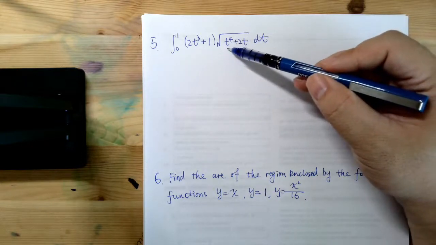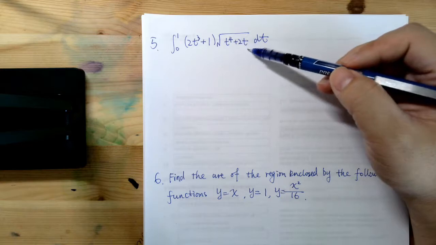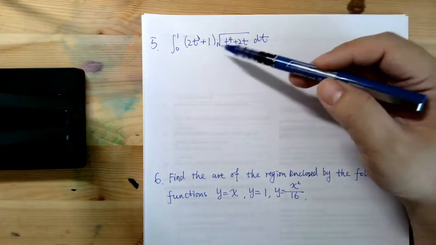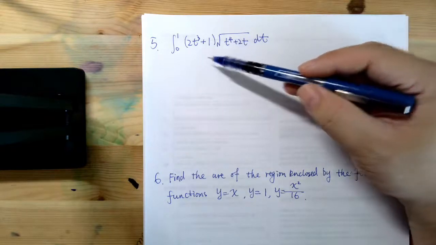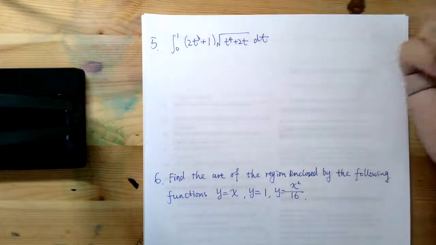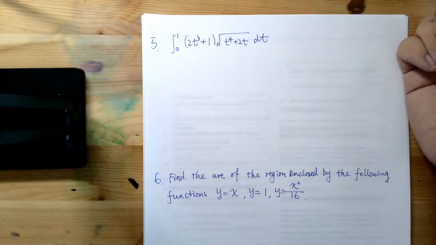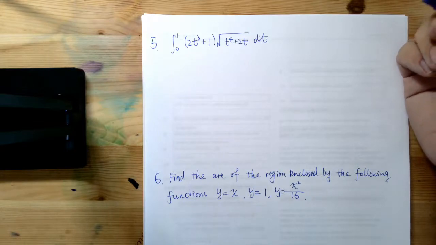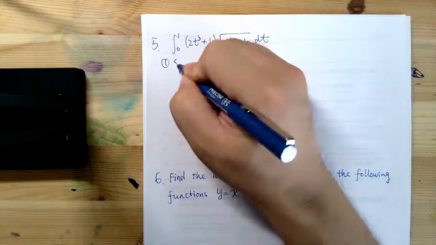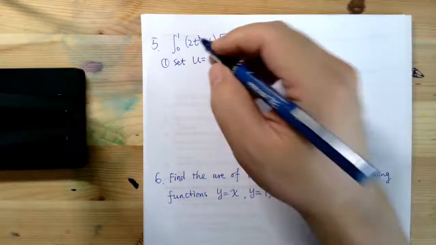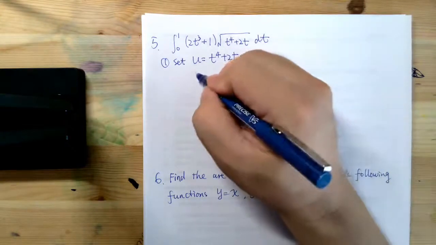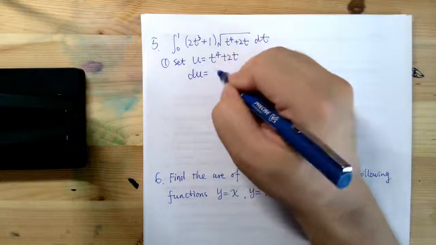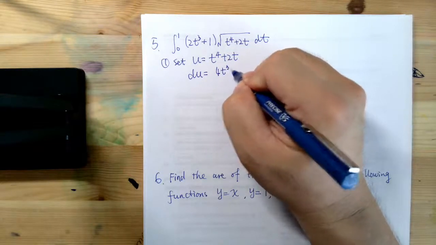If you take the derivative, it's going to give you 4t cubed plus 2, right? Well, there is also a t cubed there, so we can make some connections by doing this simple calculation here. We're going to use the substitution method again. So set u equals t to the power 4 plus 2t, and correspondingly du is going to be 4t cubed plus 2